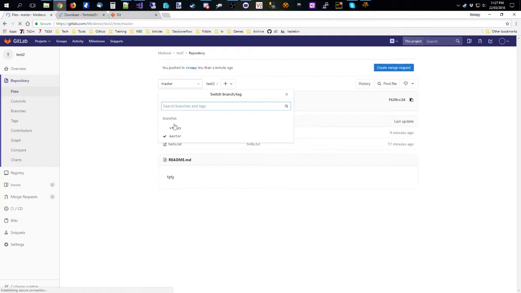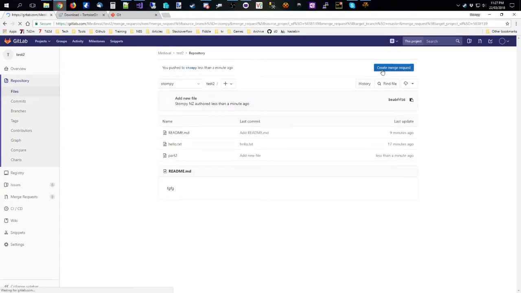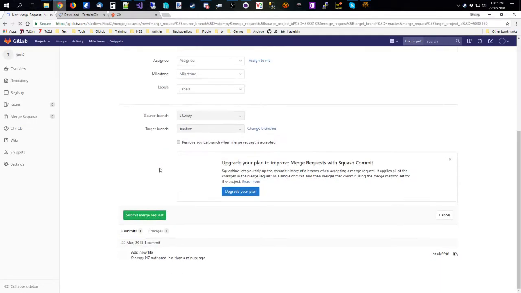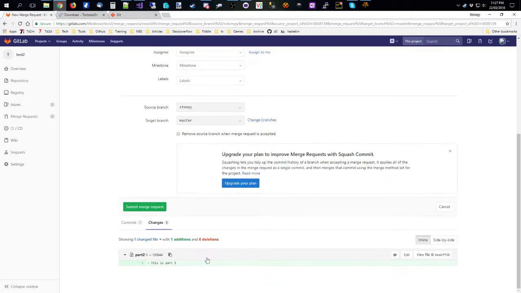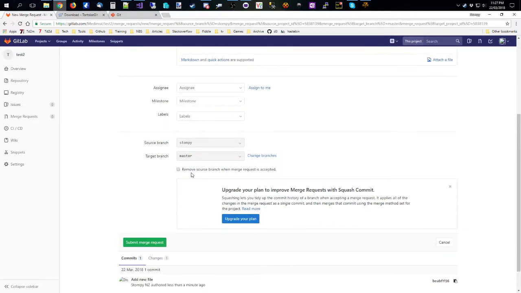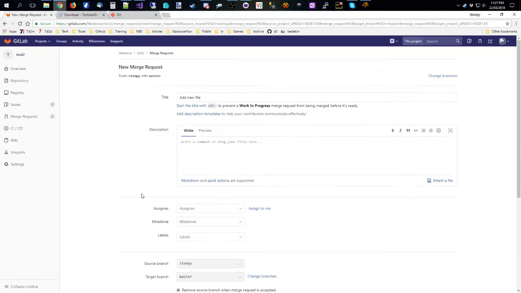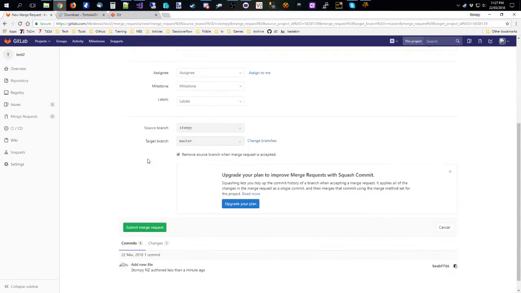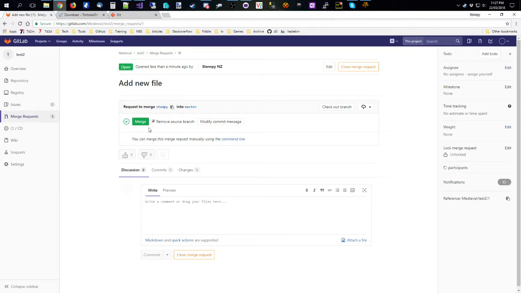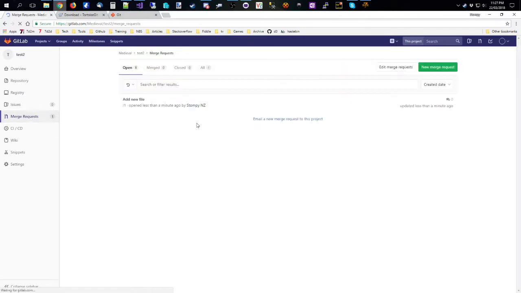So if we were on this one, you can create a merge request and that will show you the differences, in this case adding the file. So commits and changes will show the actual diff file, like if you had changed files it would show all the details there. And we can remove the branch when the merge request is accepted. So what that means is the branch we've created, Stompy, will be deleted once the merge request is merged back into master. So submitting the merge request will create a merge request